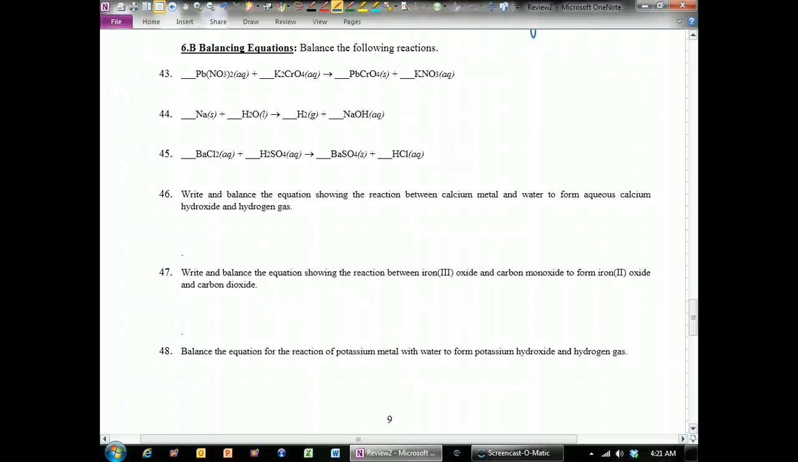Balancing equations means that you have to have the same number of each element on both sides. So in this case here, I'm going to start with lead and look at those. Since there's only one lead on both sides, I don't need to do anything. And I'm going to skip over to potassium, and I'll explain the reason why I'm skipping to potassium